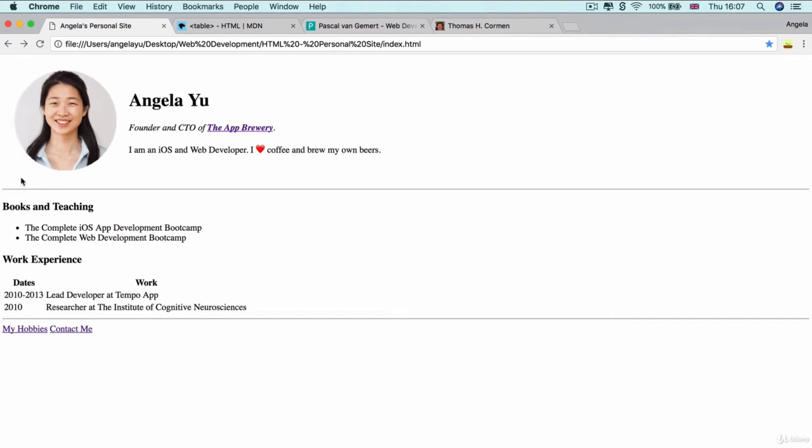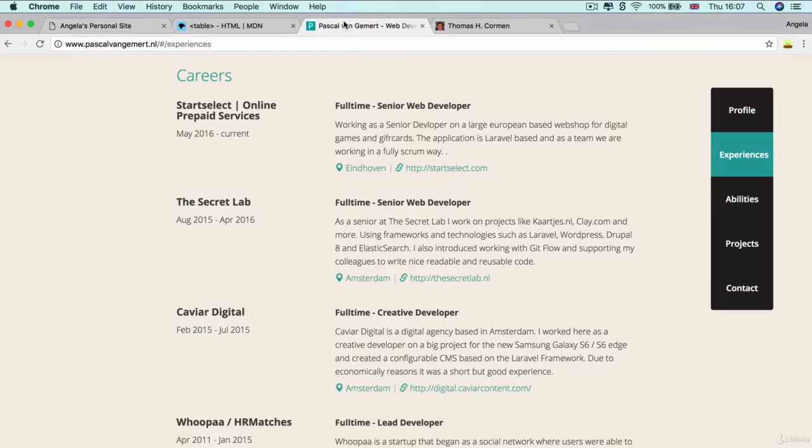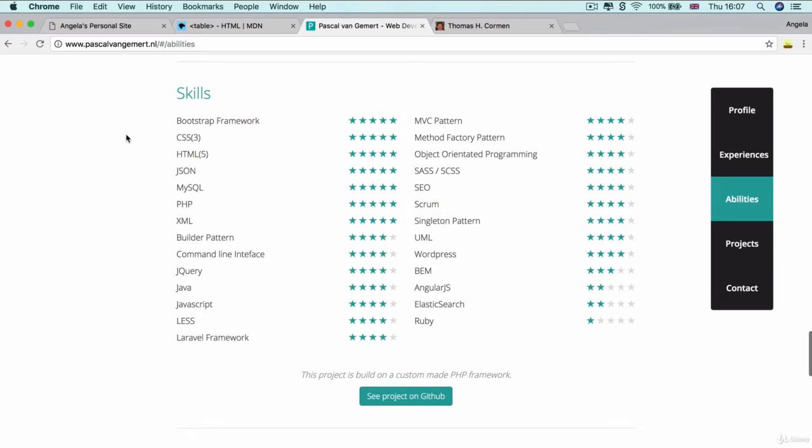So now that we've got books and teaching or education and work experience listed in chronological order, the next thing that might be nice to add is listing some of the skills that you have. So I want you, as a challenge, to create a table where you've got an H3 for the skills subtitle, and then you've got all your skills listed in a column on the left, and on the right you've got some rows where you've listed, using emojis, how familiar you are with each skill, ranging from 5-star to